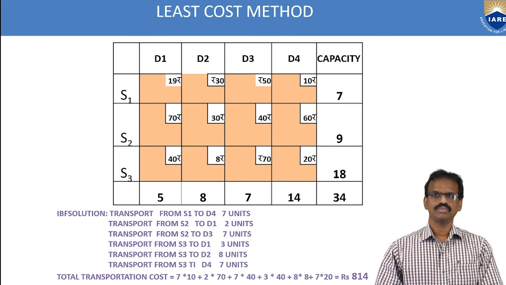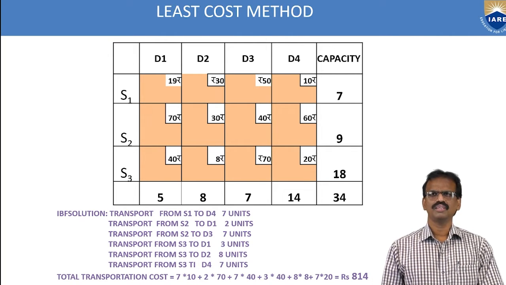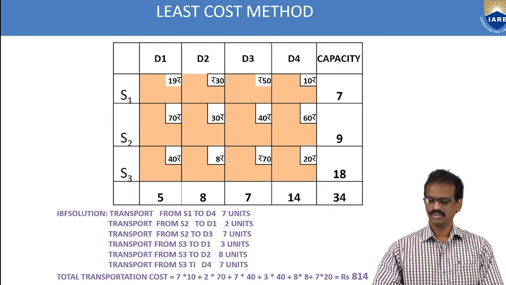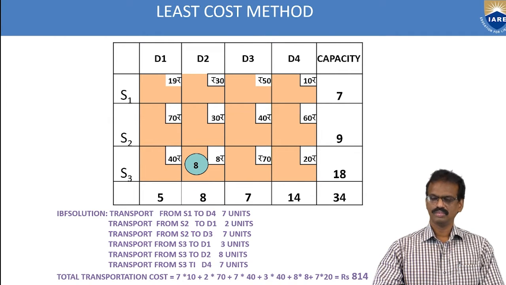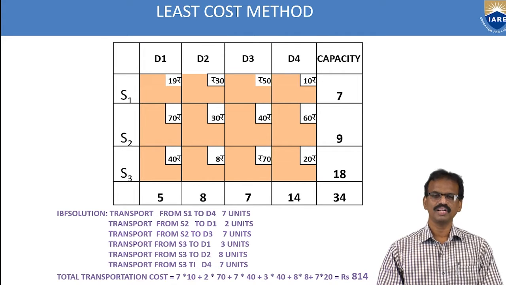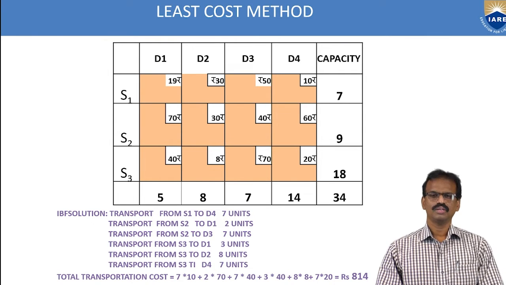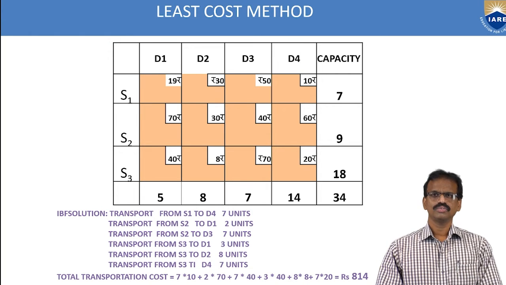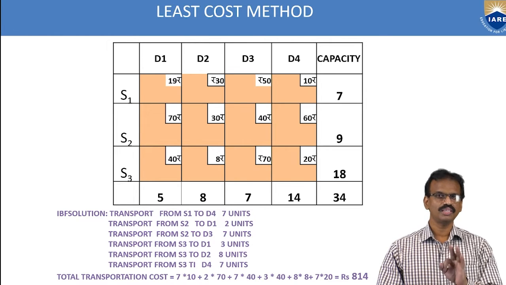So, solving of the transportation model by the least cost method. It is a very simple method to find the initial basic feasible solution of the transportation model. I already explained this in the previous classes also. To solve transportation models, three things are needed. First, we should know the supply and we should know the demand.